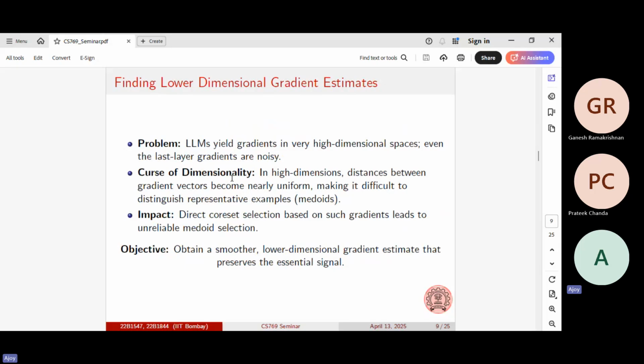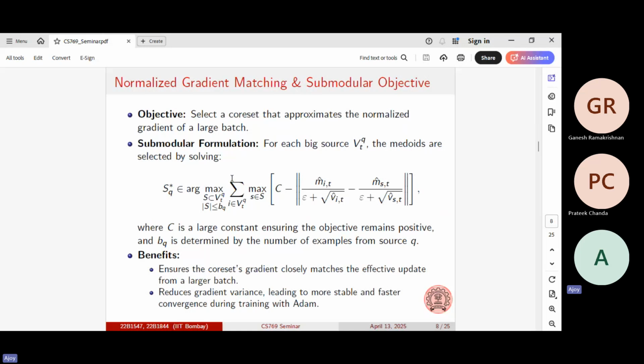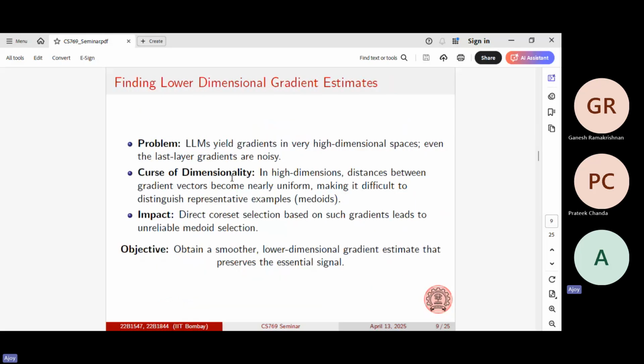There is a curse of dimensionality, which uh, um, I'm not very sure. So they are. I'm not very sure at this point. Yeah. So what are might be